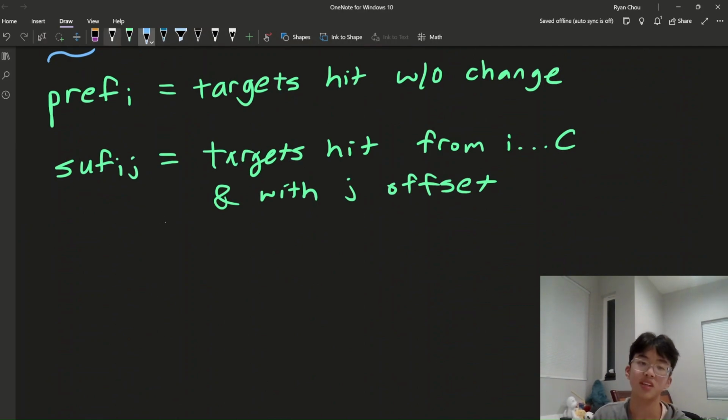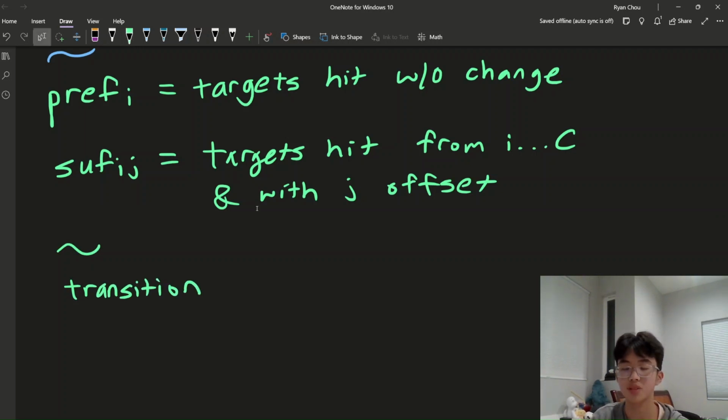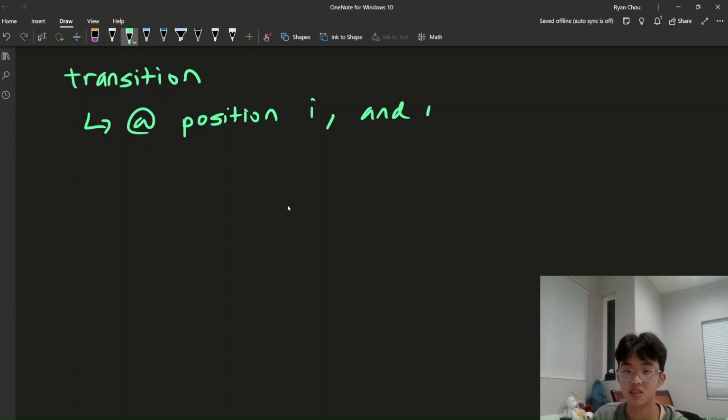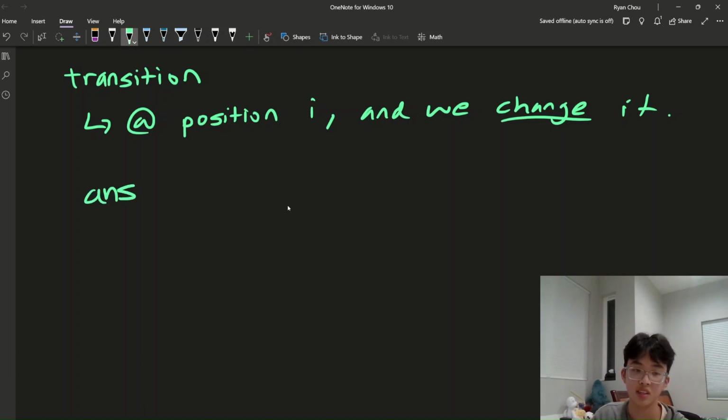Cool. So then if we change a specific character, we can just say, a potential answer, or what is called a transition. If we're at position I, and we change it, then we can just say our maximum answer is equal to the maximum of our answer,